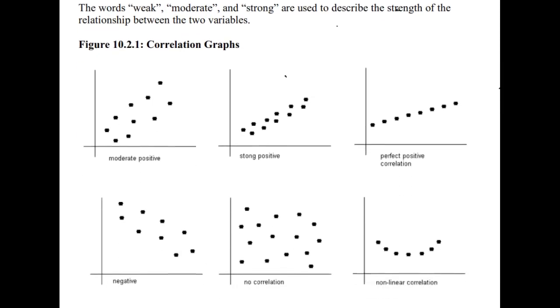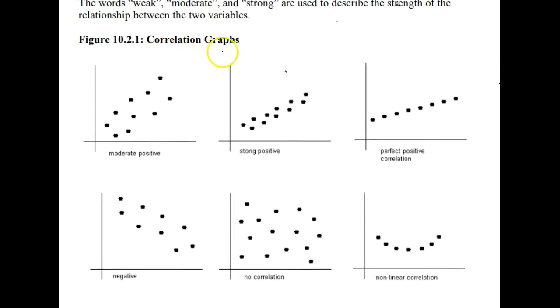Figure 10.2.1 shows the correlation between two variables in some of these graphs. If we've got two quantitative variables plotted in the xy plane, and we get some scattering about a linear function, so kind of in the middle of the road, that's moderate and positive. It goes up from left to right. This graph also goes up from left to right, but these points, if drawn with the same scale, tend to be clustered closer to a line, so stronger than this one, so a strong positive linear correlation.